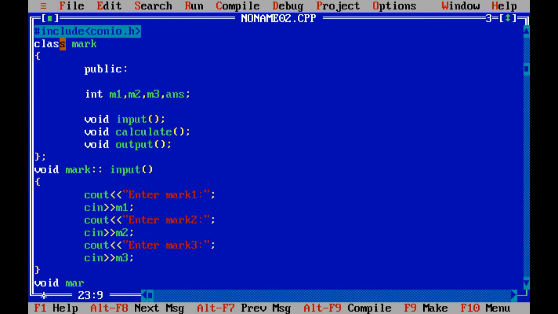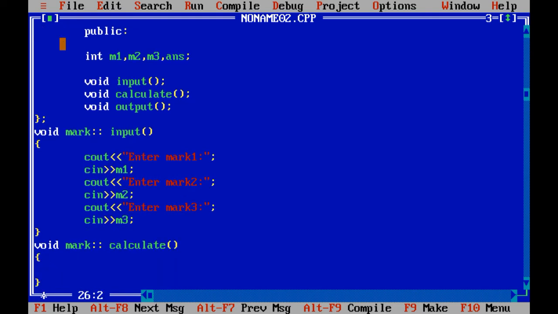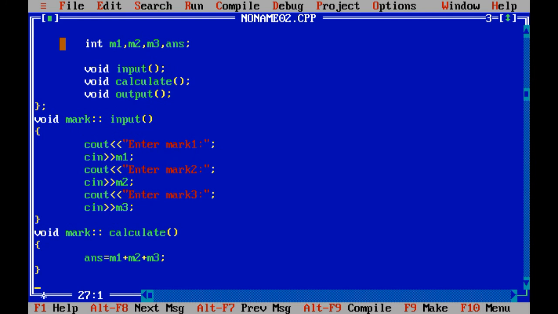Let me develop the body of the calculate function. The calculate function contains the formula part, that is m1 plus m2 plus m3, which is stored inside the answer variable.